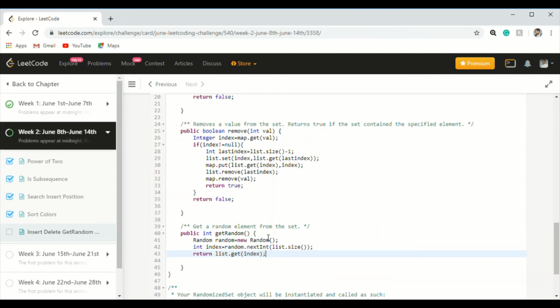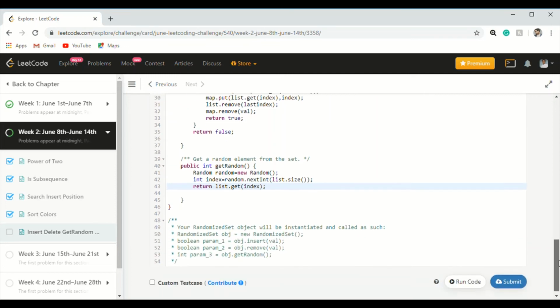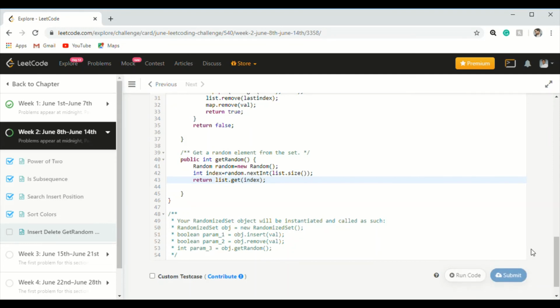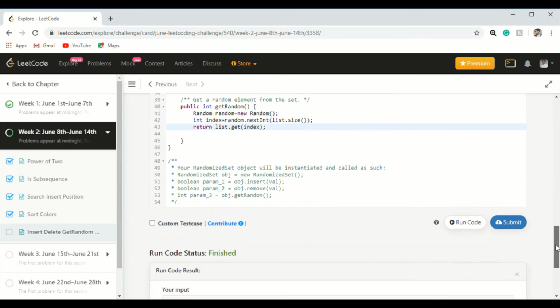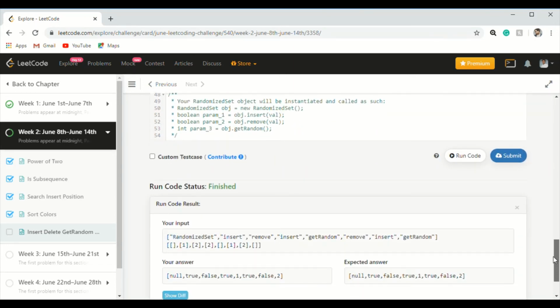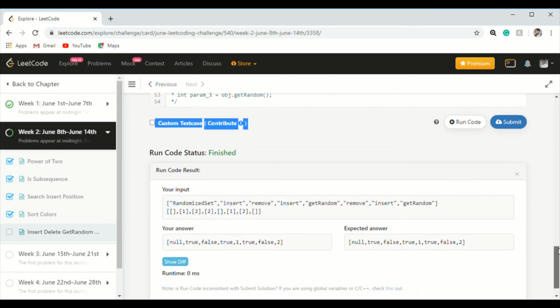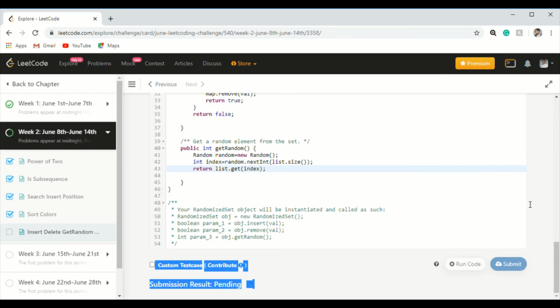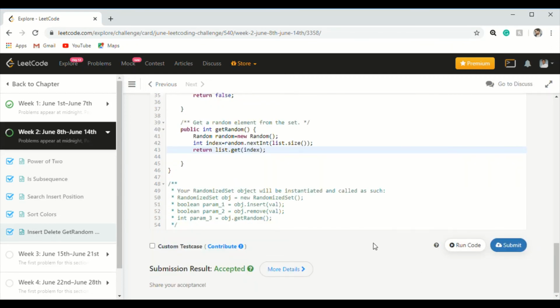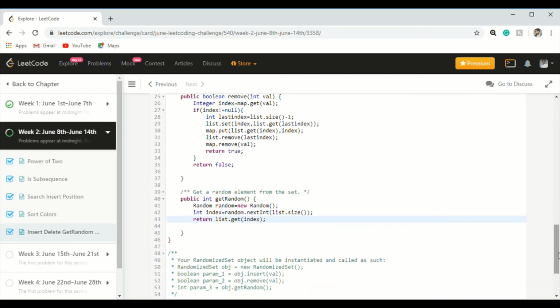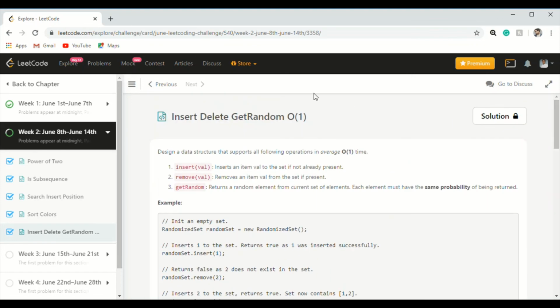Okay, so I think we are pretty much done. So let's just check once if any bug or error occurs or not. Cool. Yeah, finished. Let's see the runtime. Runtime code. Accepted. Awesome. Okay, so this was a good problem, and the twist was that we have to solve this in